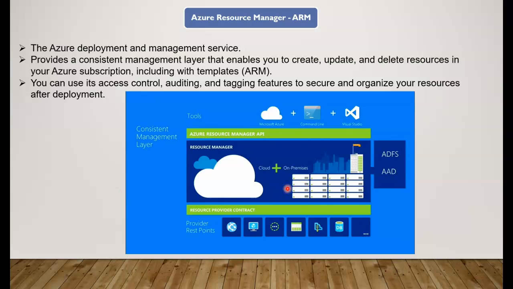So now another cool thing is on the management side. When we deploy with the Azure Resource Manager, we can also define how the access controls should be set, and the auditing and tagging of our resources, so that it enables us to secure and organize our resources